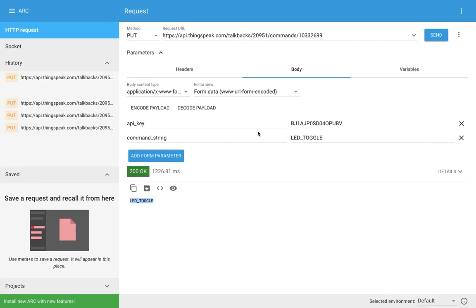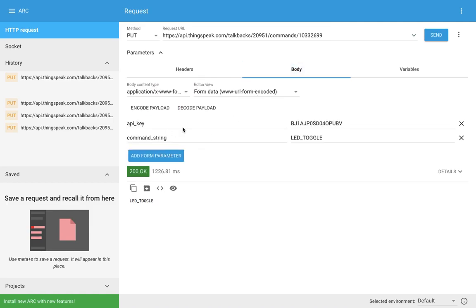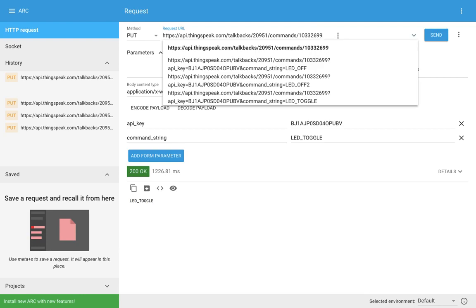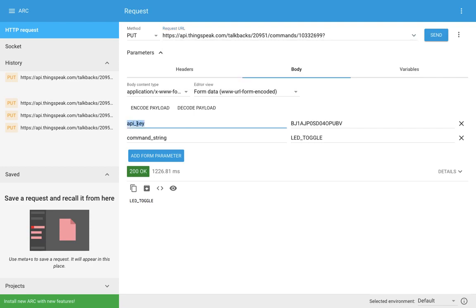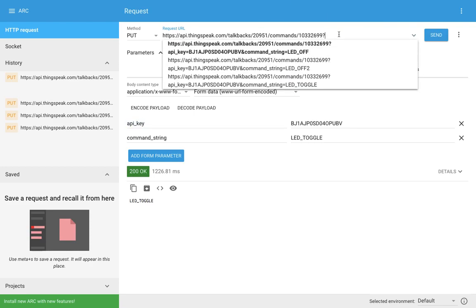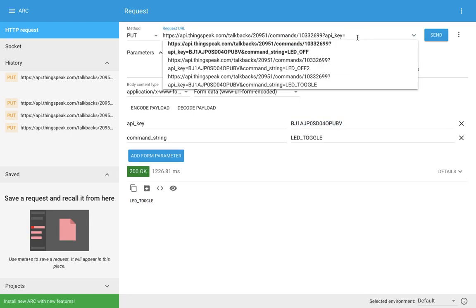There is one more way to do that using the same application. Don't go to body, click on header, and whatever parameters we have provided here, just don't provide these parameters; you can put them in the URL only. Put a question mark, then API key, then equal to, then whatever value. You can provide this parameter in the URL itself. Then this is the value, and then